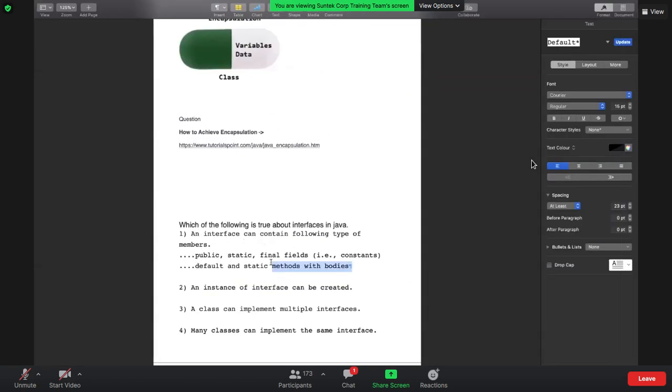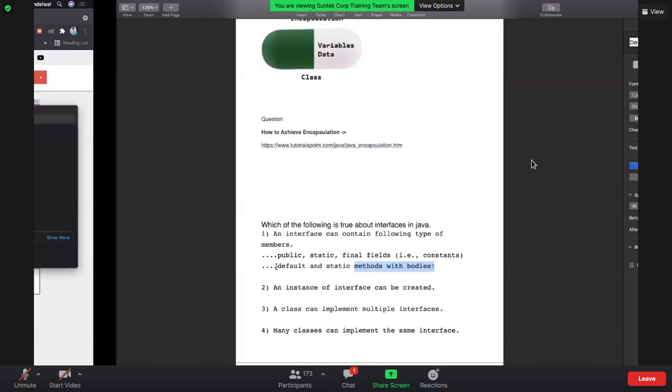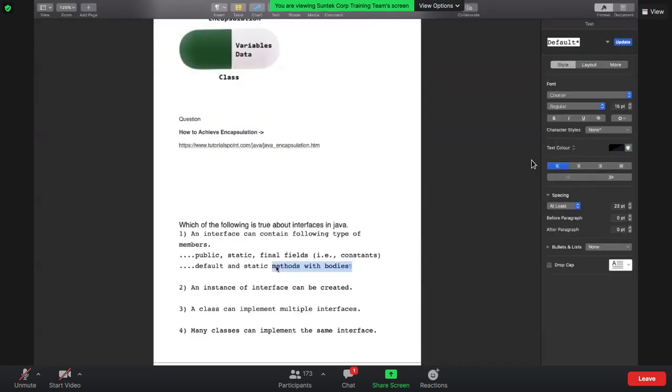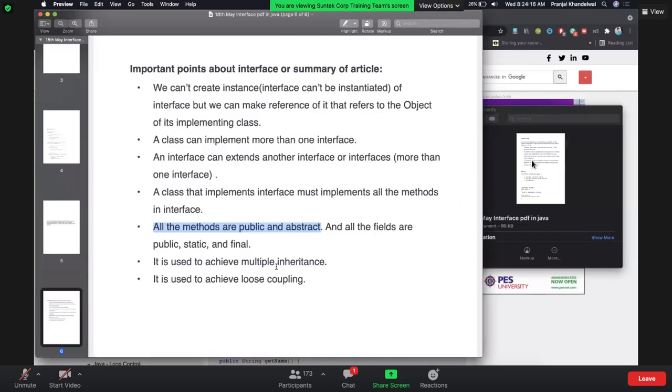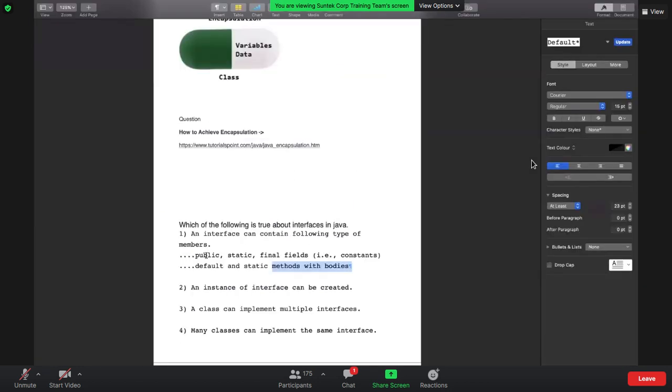The question says default static methods with the bodies. So we may have bodies inside it. And regarding this option, the public static final, which is by default public static.